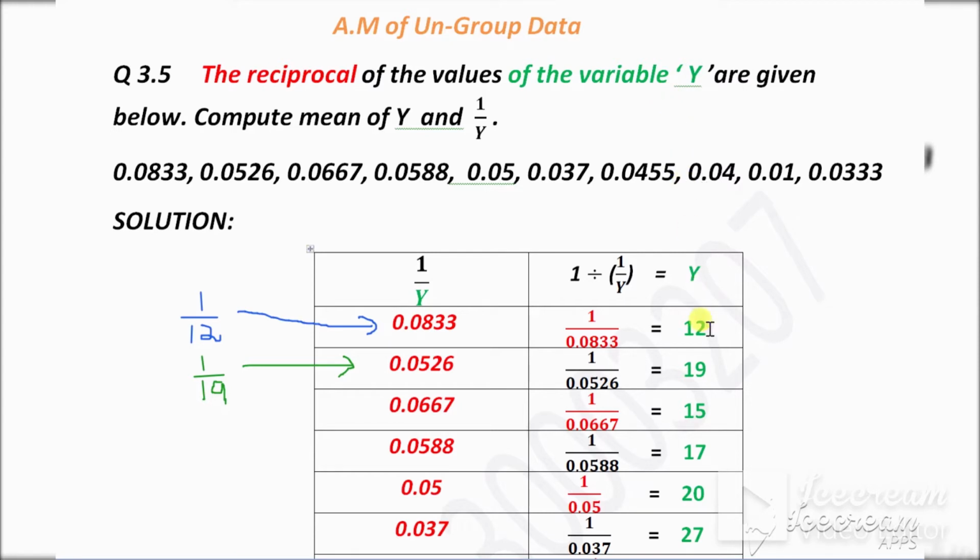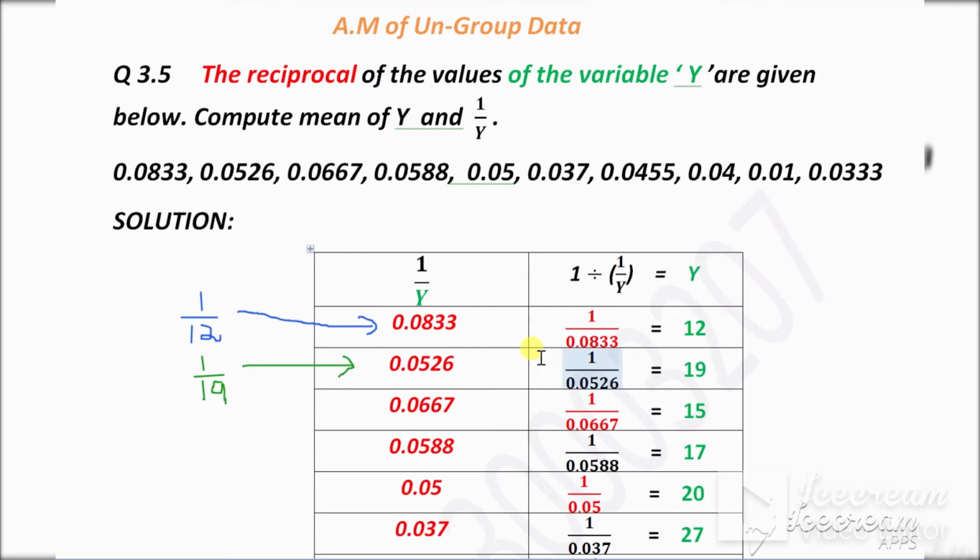In the question, the values of variable y are given below. So these numbers given in the question are the reciprocals of the variable y. So we will draw these numbers in two columns. In the first column, write the reciprocal numbers. Then find the original number. How to find this original y number, 12, 19, 15? Again divide, the opposite, 1 divided by